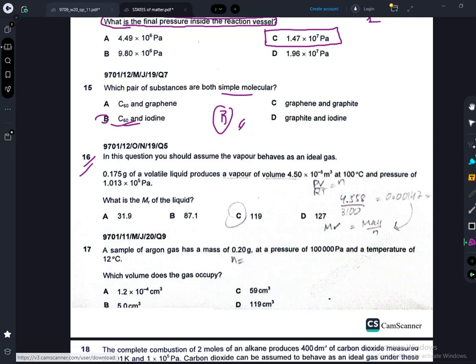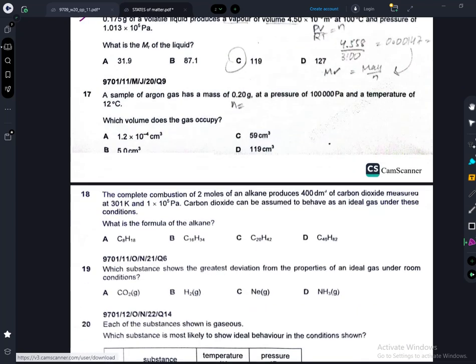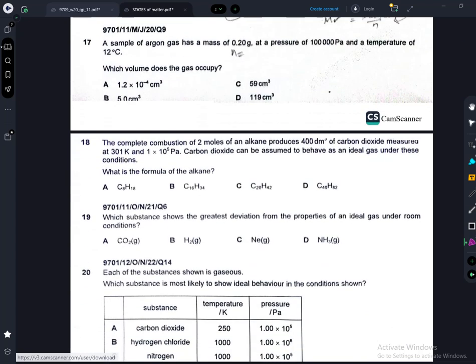Question number 16 is very easy. So you can already see what is done on the screen. Check this out and you will solve this. I'm not doing this because it's an easy question, so they are reliant on you. You are relying on them to solve. They are obviously not reliant on you.